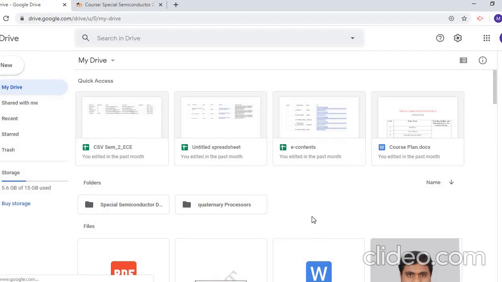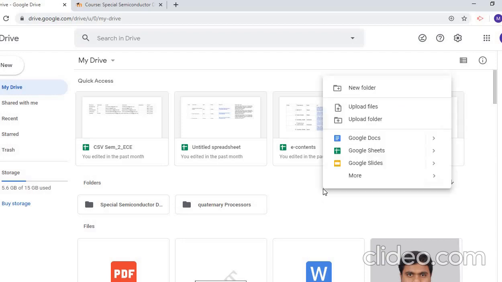Before that, you have to start a folder and name it with the course name. I have created a folder called Special Semiconductor Devices. How to create a folder: right click, and then there is a create new folder option. Click on this, you will get a folder name and then you can rename it to your own course name.